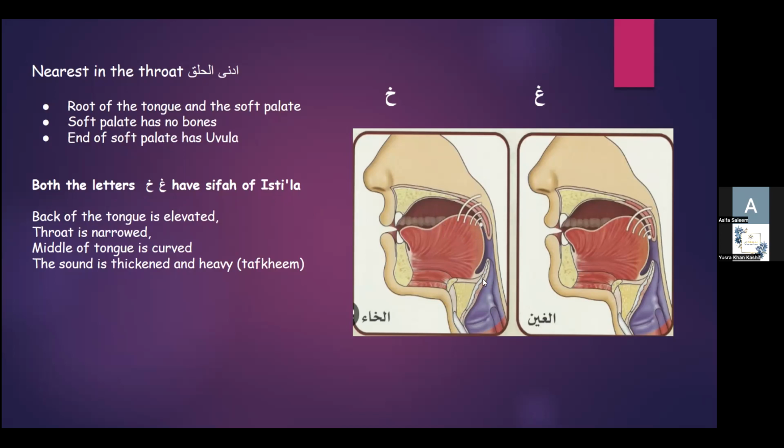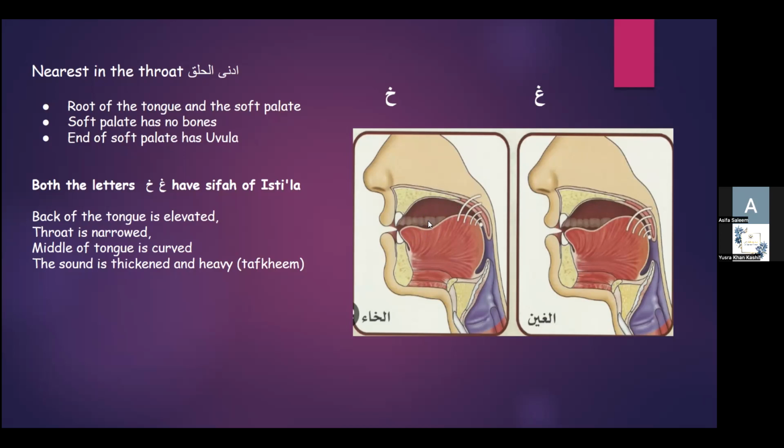So what happens when the sound travels all the way from this part and reaches here, your tongue will help to move the sound towards the palate side. The sound will go upward and then there would be an echo. The sound goes up and down because you created this space for it. The sound is not traveling out straight away because of this curve, so it goes up and down, creating an echo, filling your mouth with the sound, and as a result the sound will become heavy,